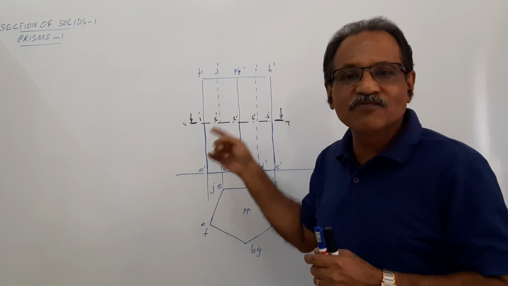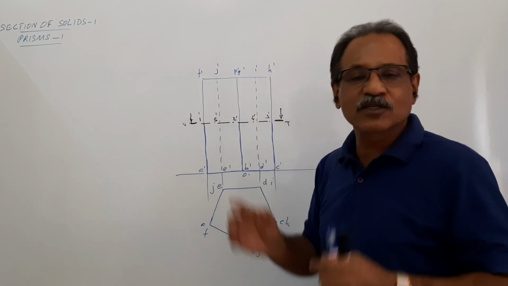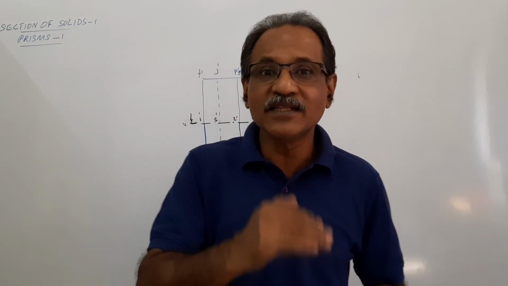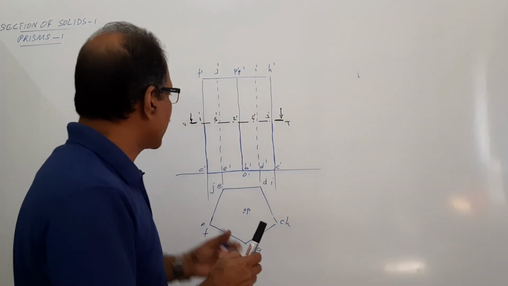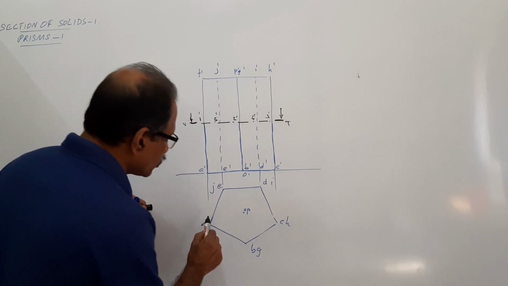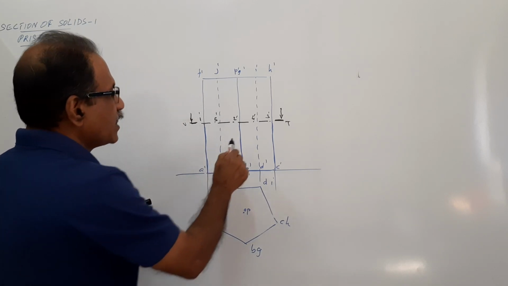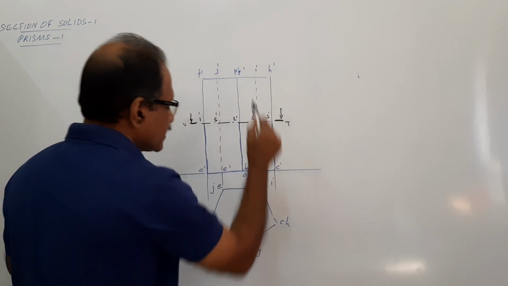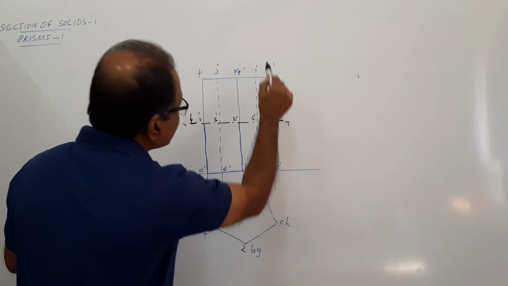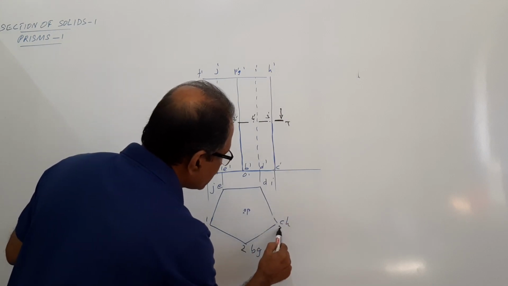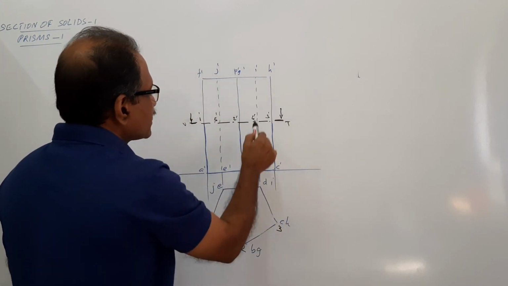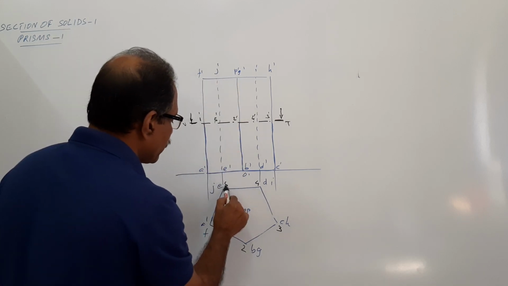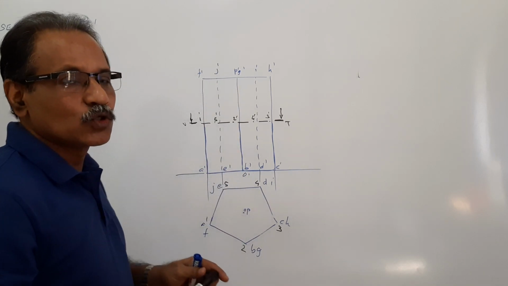What changes will this cutting plane bring in the plan? That's the question. After drawing this cutting plane and removing one part, what difference will come in the plan? That is what we need to know. Okay, 1 dash is on A dash F dash. So AF will have a point equal to 1. 2 dash is on B dash G dash. So BG will have 2. 3 dash is on C dash H dash. So CH has got 3. D dash I dash has got 4 dash. So this is 4. E dash J dash has got 5 dash. So this is 5. 1, 2, 3, 4, 5.